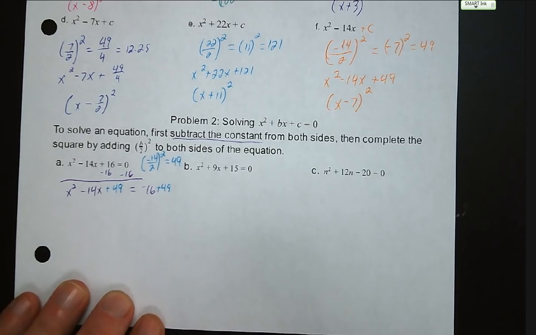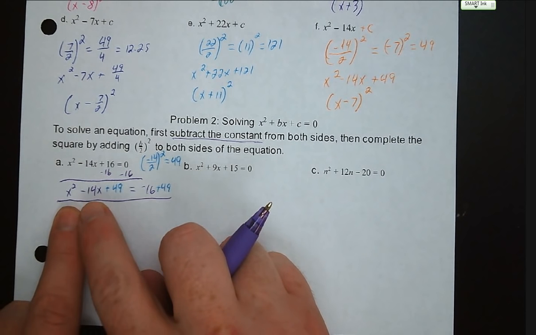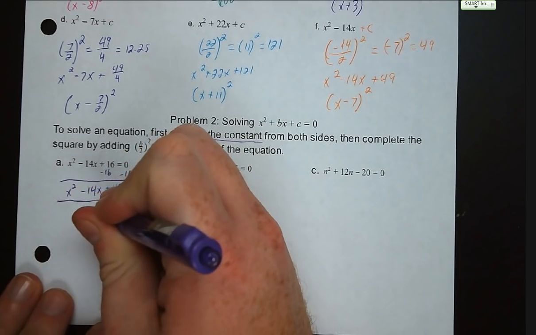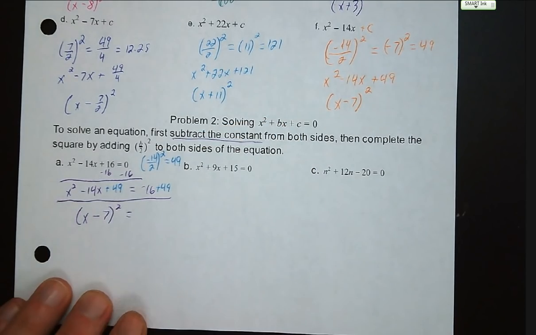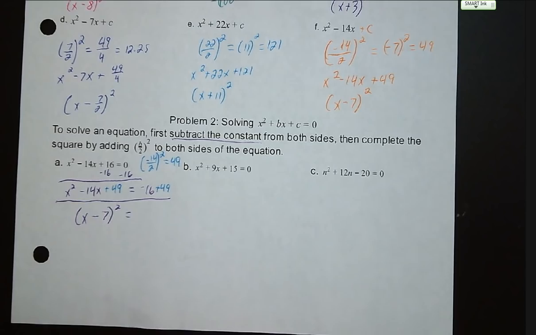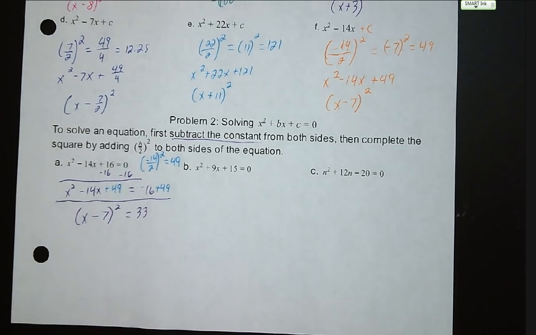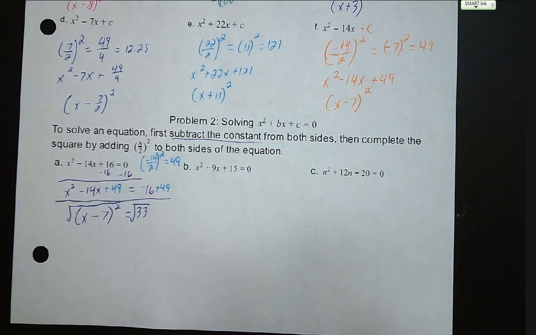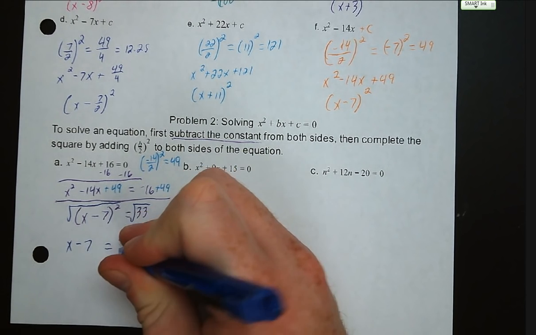So now when I go and do this, I'm going to factor x squared minus 14x plus 49. That was going to be x minus 7, the quantity squared. And that's going to be equal to negative 16 plus 49 is 33. So my next step is going to be to take the square root of both sides. So the square root of squared, they cancel out. They are opposite operations. So I get x minus 7 equals plus or minus